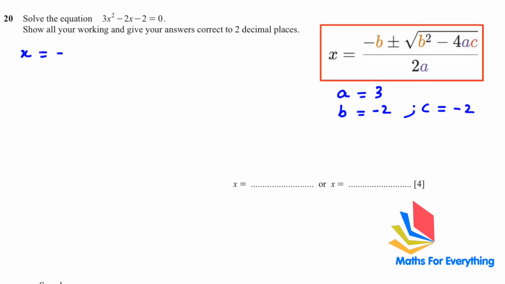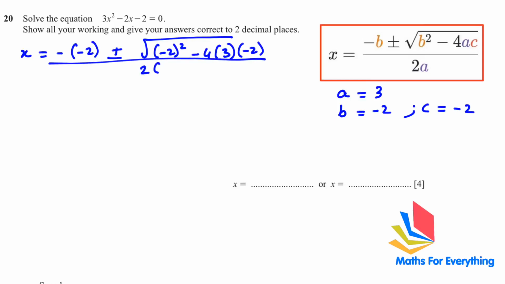Remember that there's already a negative there and our b is also negative, so we should put it in a bracket. Negative 2 squared, always put a bracket when there is a power, otherwise you will get a wrong answer if your number is negative. And c is negative 2